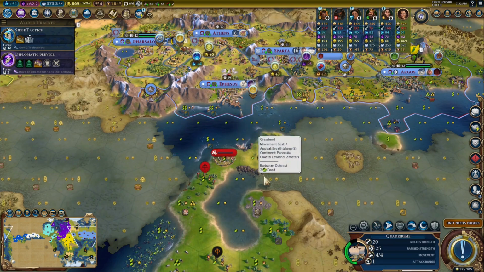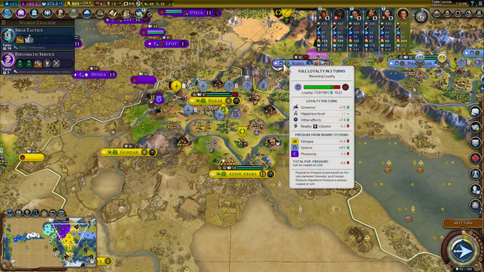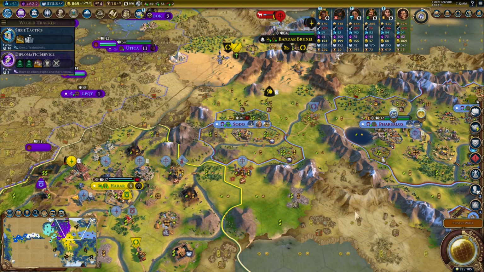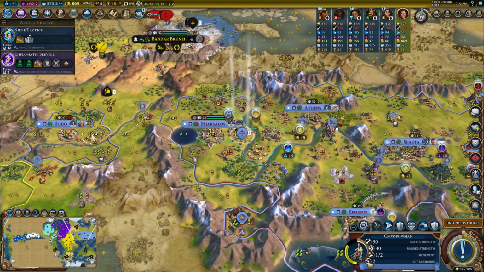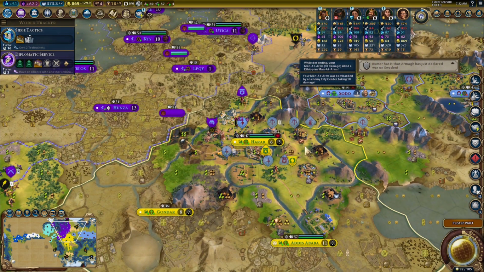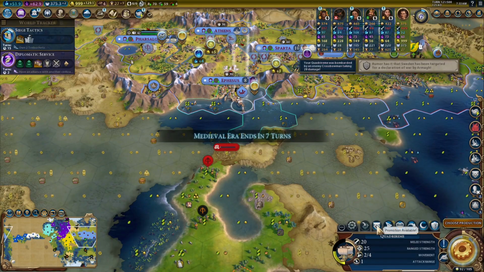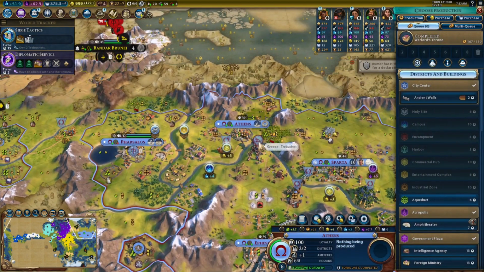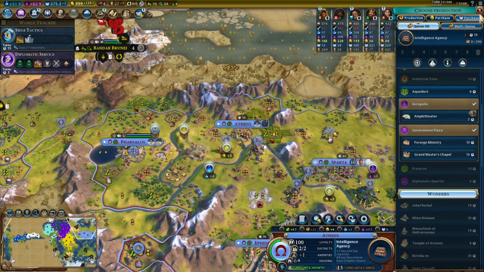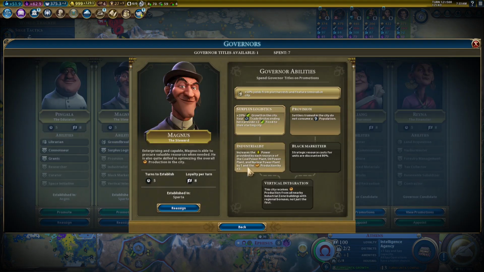I'm going to get my promotion at least, and then I'll leave. Ouch. So I think I might take Tortoise. Let's go for the intelligence agency, and then we'll start to work on the commercial hub. And let's just start sending Magnus up the...